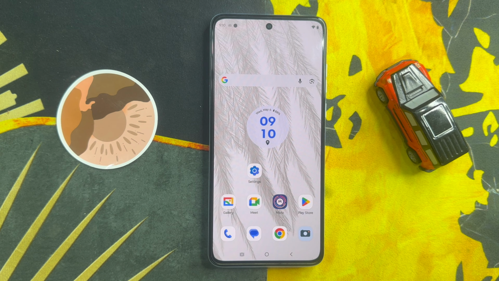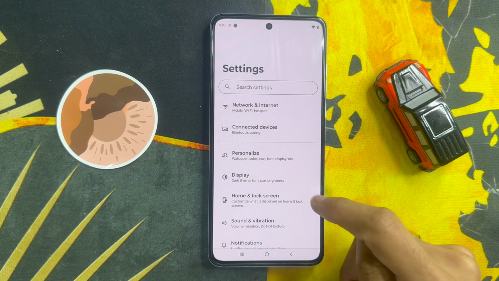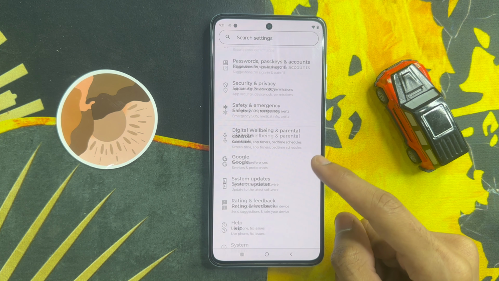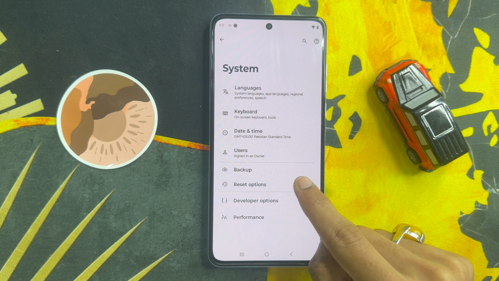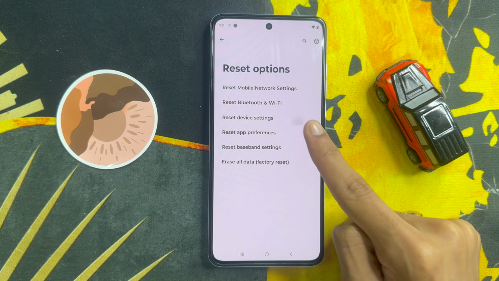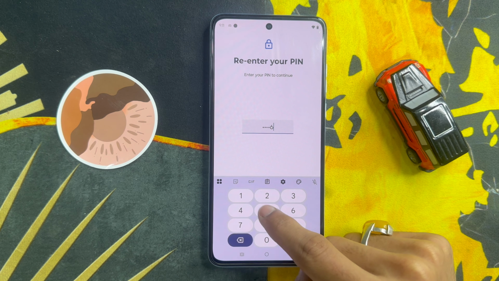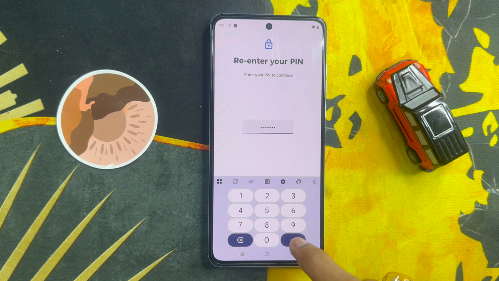But if it doesn't fix this problem, again click on the settings app, click on system, and click on the reset option. Click on reset all settings, enter your phone PIN, and click on this icon. You will see your